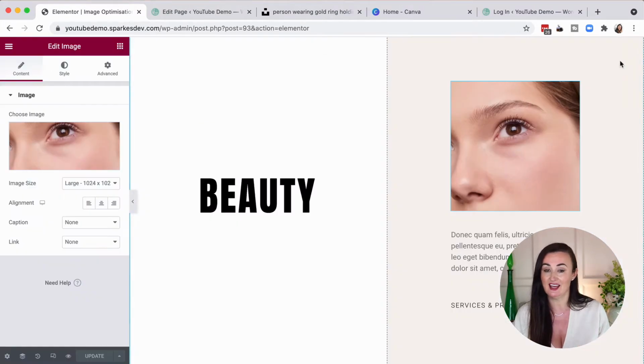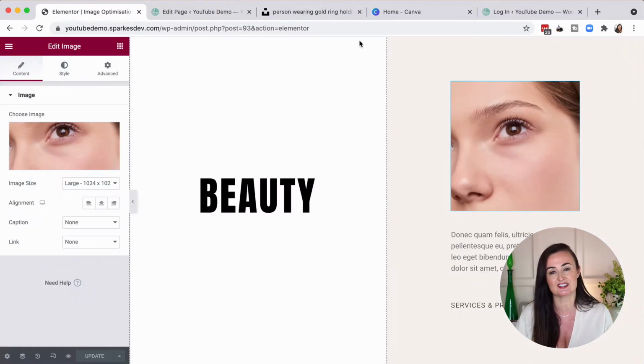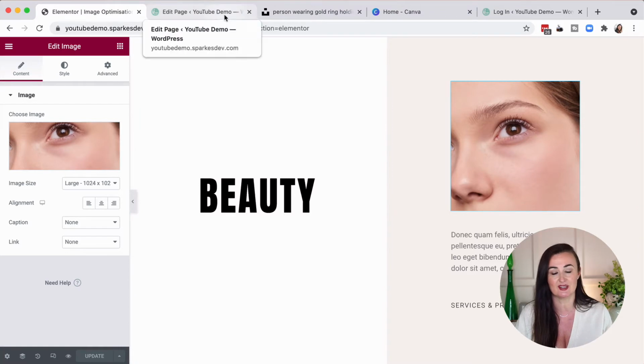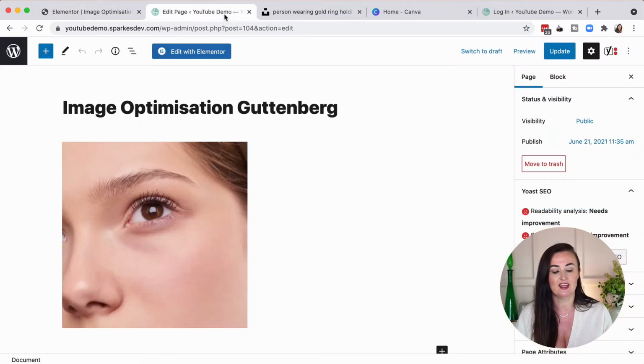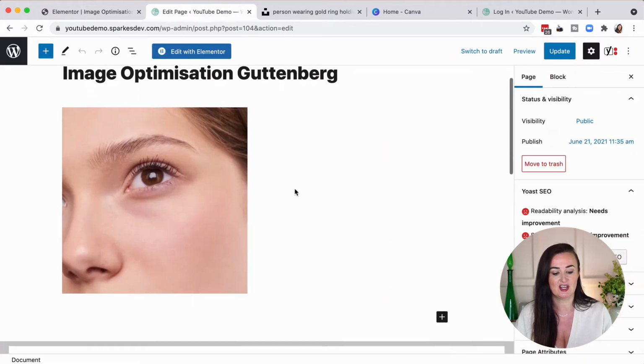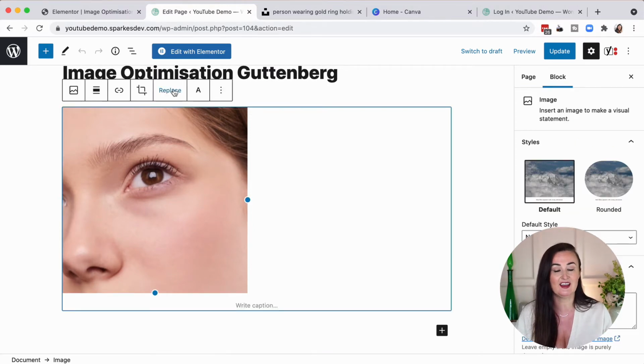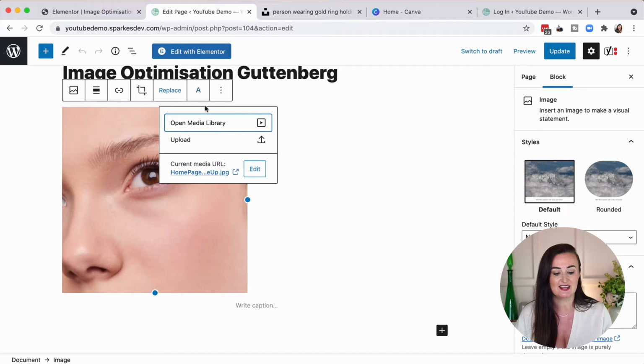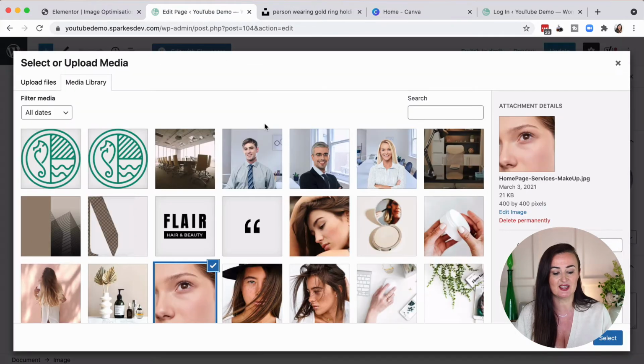If I didn't have Elementor, say I was just using the standard WordPress Gutenberg editor, if I come over here to a Gutenberg page, and I've used the same image, I can just click on that and then hit replace and open media library, and again it's done exactly the same thing. It's brought up the attachment details and it's telling me the size of the image that I need to replace.